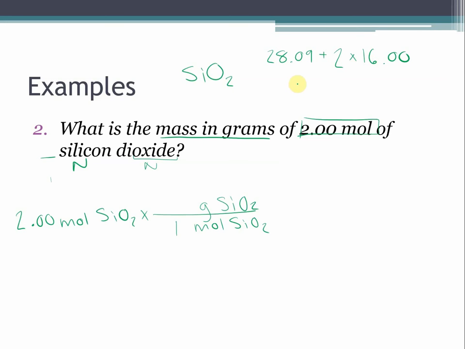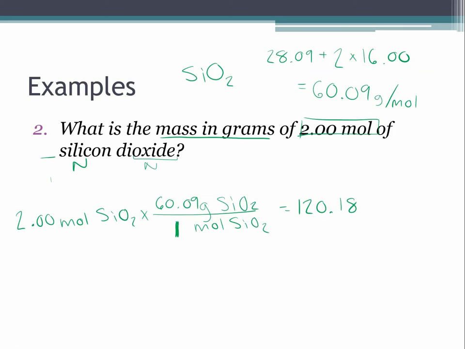When you add those together, 28.09 plus 2 times 16, it will give you 60.09 grams per mole as your molar mass for silicon dioxide. So for every 1 mole of SiO2, we have 60.09 grams of SiO2. So then 2.00 times 60.09, when you type that into your calculator, it'll give you